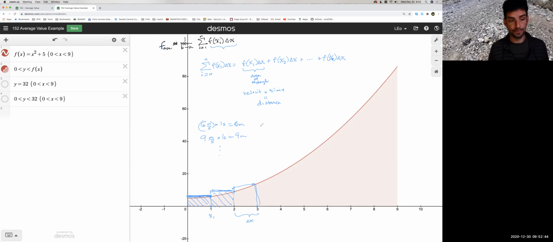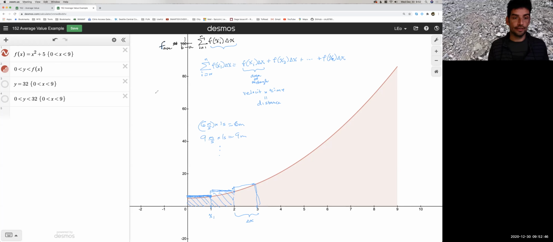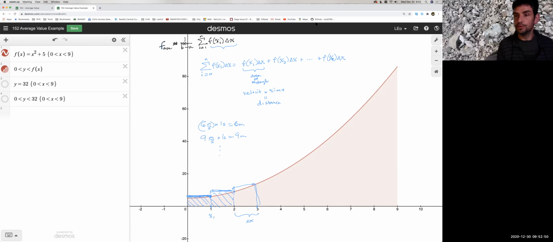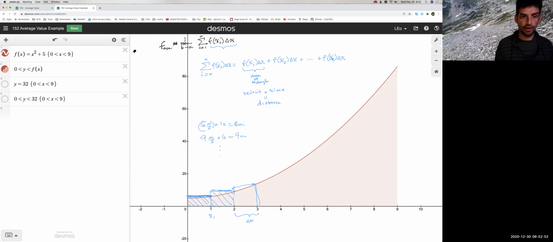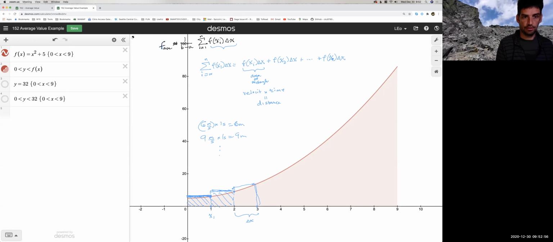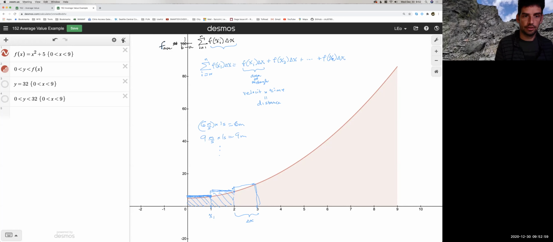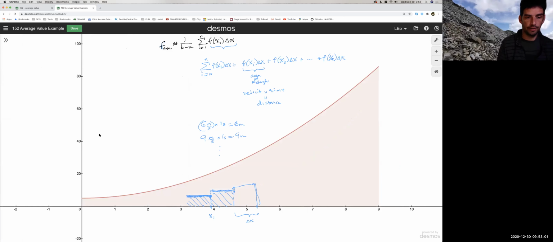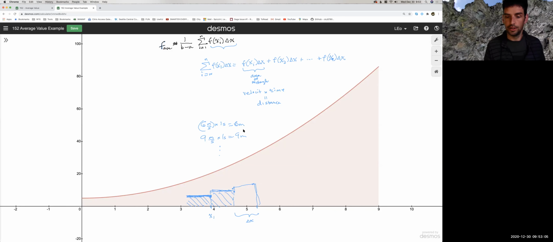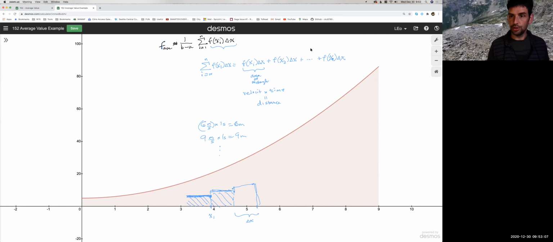In other words, let's see, I'm running out of space. Let's remove some of this writing. Okay, a little more space, but I'll have to erase some of this. So what we're doing,